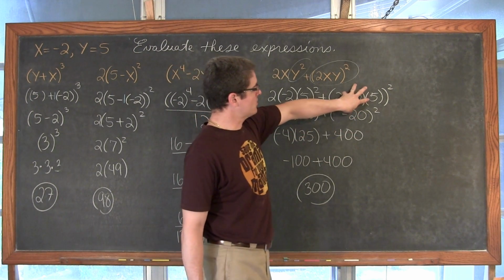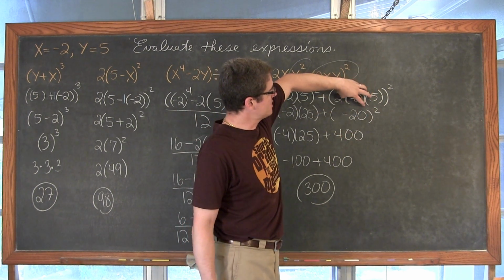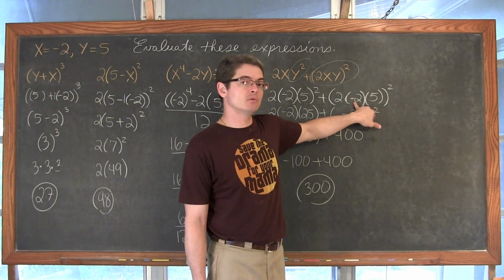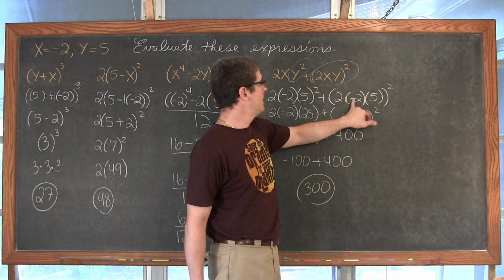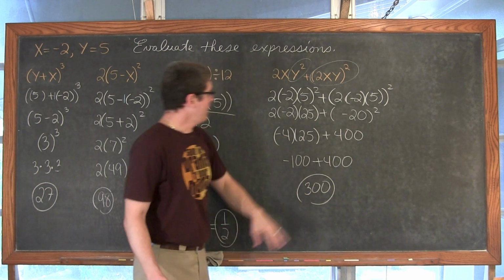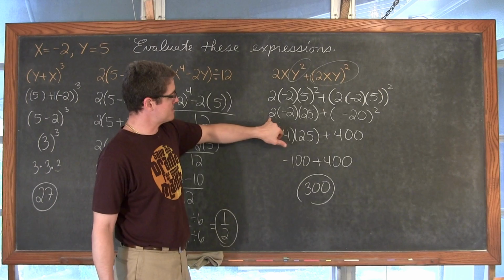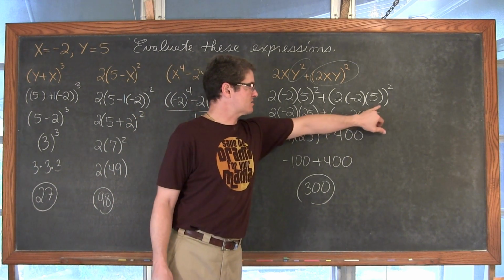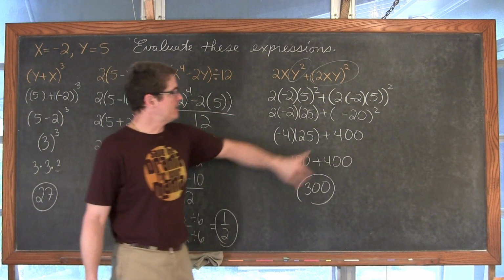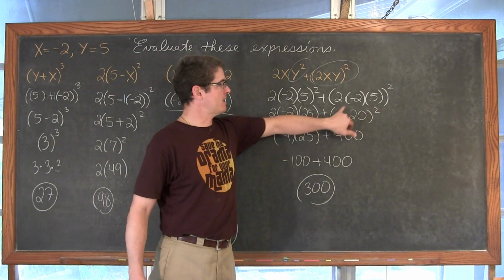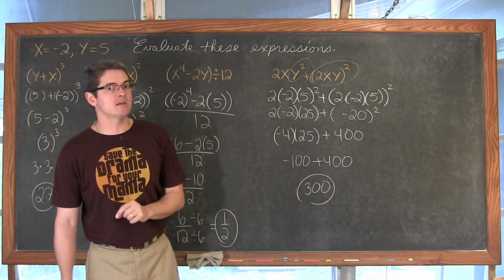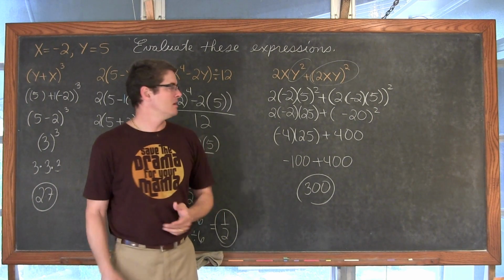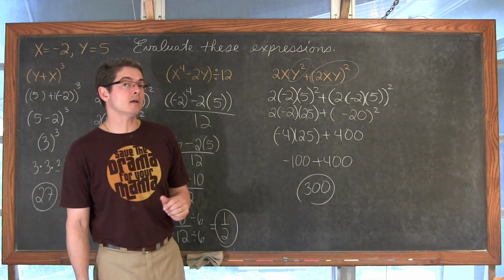And I also, on the right-hand term, or the second term, took the numbers inside the parentheses and multiplied them all together and got negative 20. 2 times negative 2 is negative 4, and negative 4 times 5 is negative 20. And then on my left-hand term, I did 2 times negative 2 was negative 4, and at the same time did negative 20 squared, which was equal to 400. Again, that negative is inside the parentheses, so it's negative 20 times negative 20, which is positive 400. So I did one step at a time, but I handled each term kind of separately. So I am sort of doing two things at once in a couple of these lines.